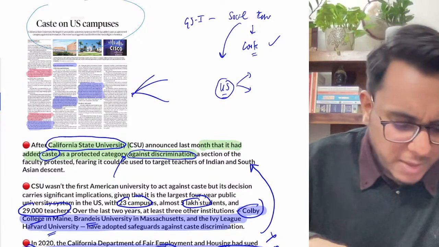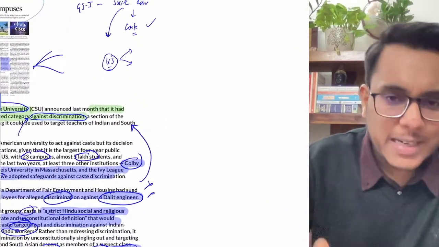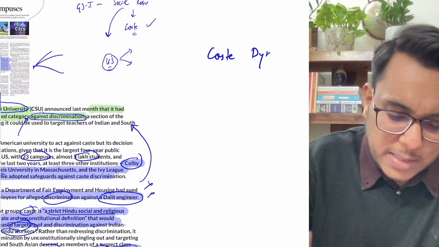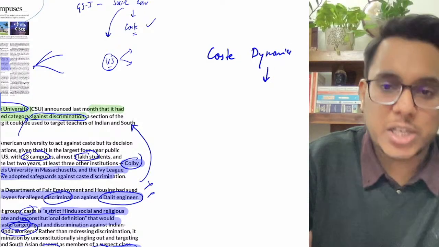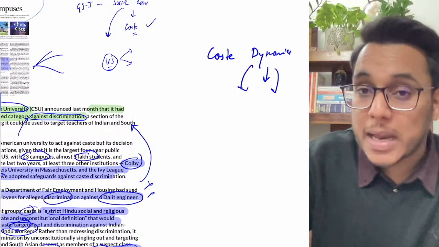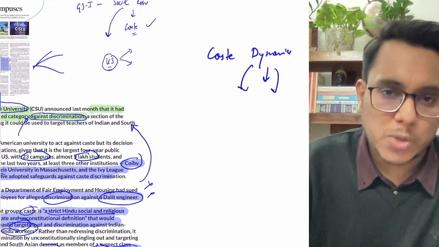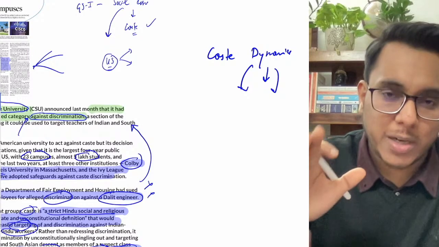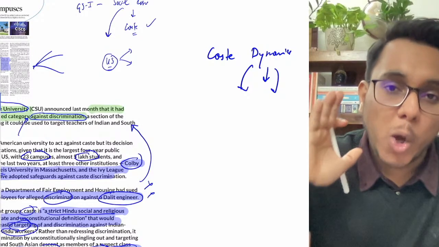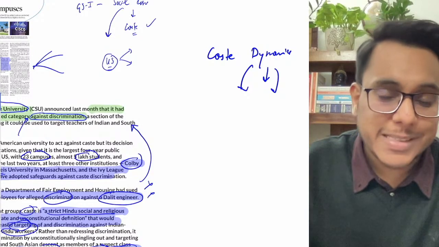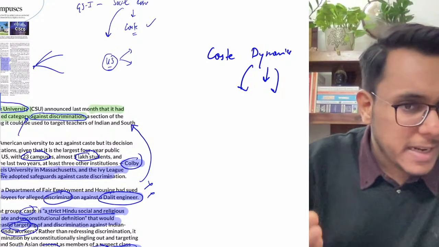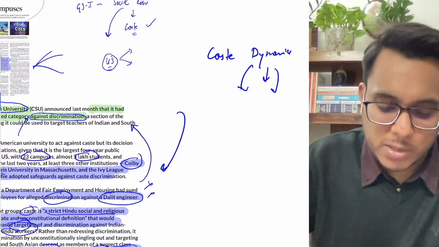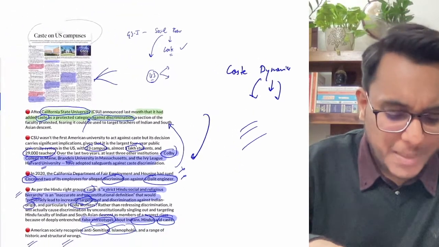So guys, what we need to understand is that there comes the topic of caste dynamics, how caste is changing. Will caste become irrelevant in the times to come? There is no one answer, but the caste dynamics is going in this direction, that caste has now reached overseas also, and overseas caste is leaving its imprint. For example, in Cisco, where the recent discrimination case was carried. So this is one development. Please keep it in your mind.